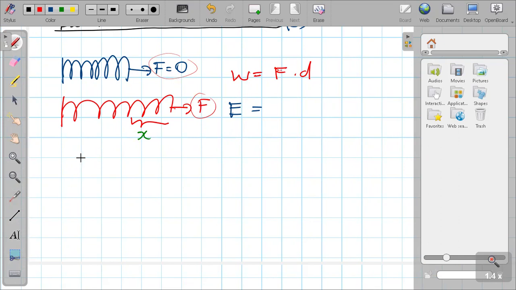Can you remember in the motion lesson we learned, if something starts with the velocity of u and finishes with the velocity of v, we consider mean velocity. What is the mean velocity meaning? u plus v over 2. In the similar manner, we have to go along with this one. So I can apply it like (0 plus F) over 2 times d.